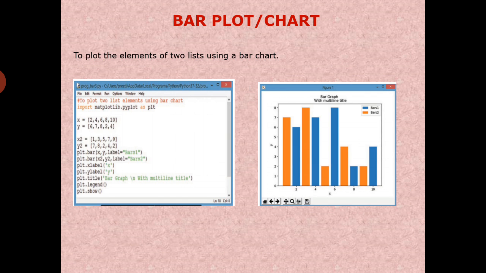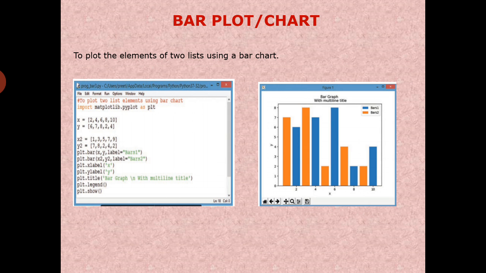Now this is a program to plot the elements of two lists using a bar chart. Again, the first statement is import matplotlib.pyplot as plt. Two lists of values are stored in x and y variables. Another list of values is stored in x2 and y2.